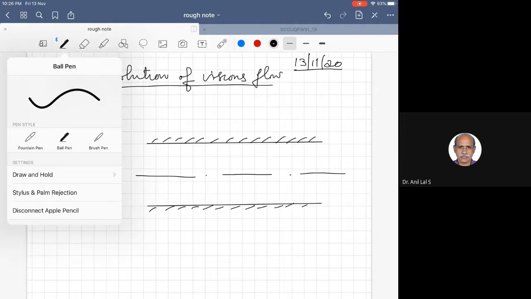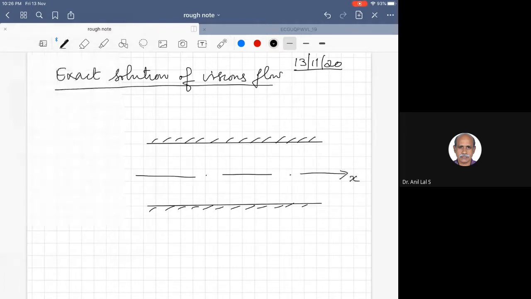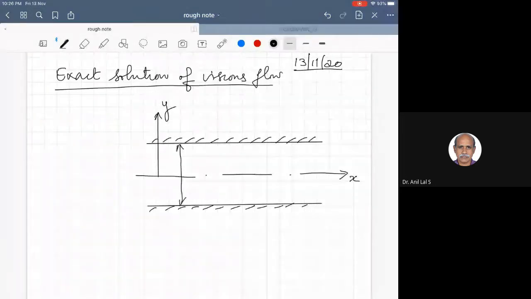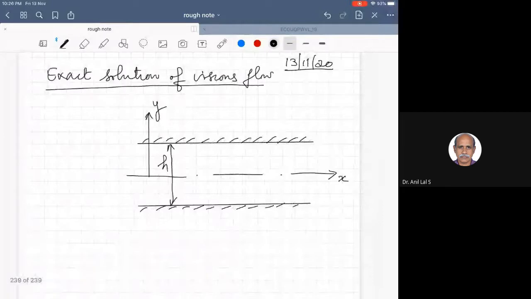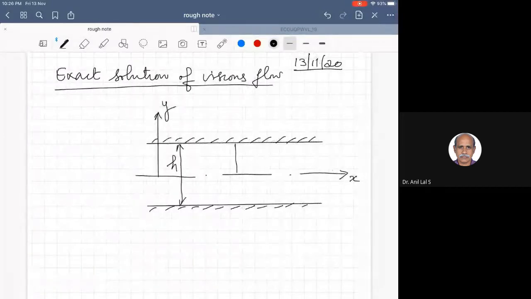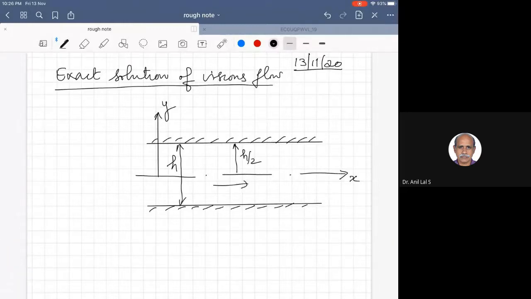So I will set the x-axis along the center line and y-axis. And I denote H as the gap between the plates so that this distance from the axis is H by 2, and there is a fluid flowing, viscous fluid flowing between these flat plates, and we are seeing the flow as